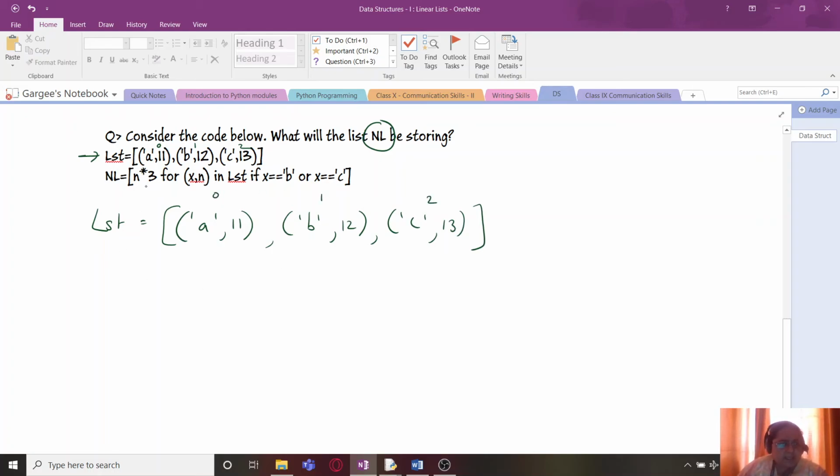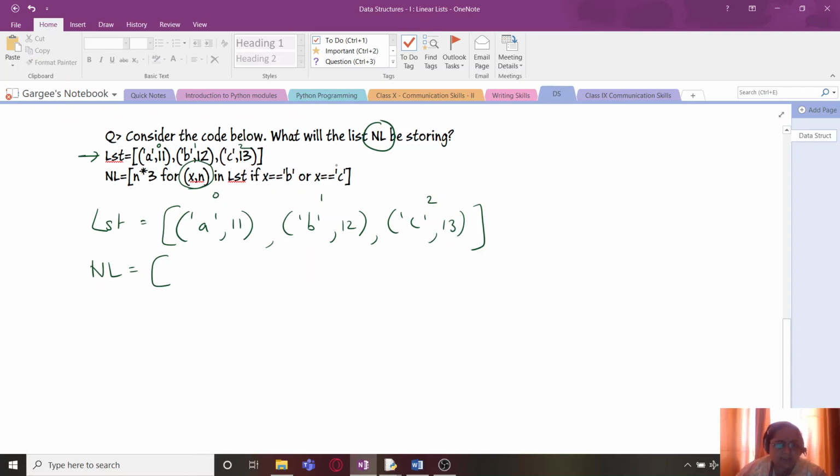What does NL consist of? It consists of n multiplied by 3 for x comma n, that is for each tuple. X comma n within bracket means for each tuple contained in list, if x is equal to b or x is equal to c. That means now n multiplied by 3.